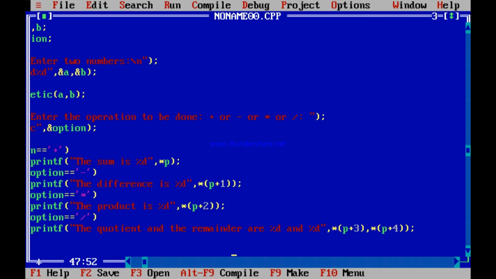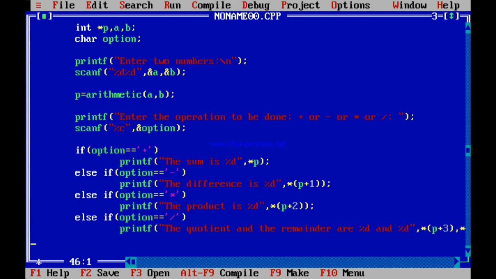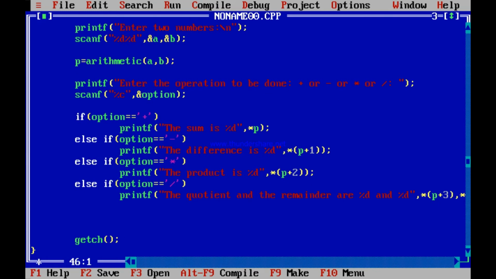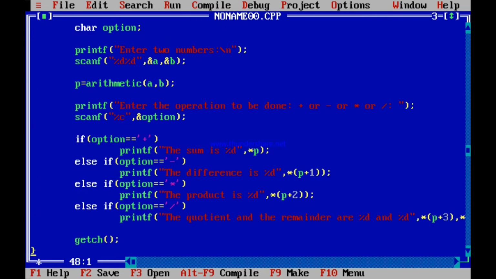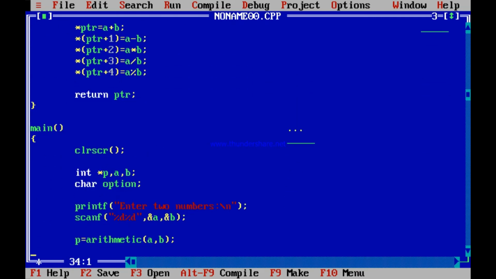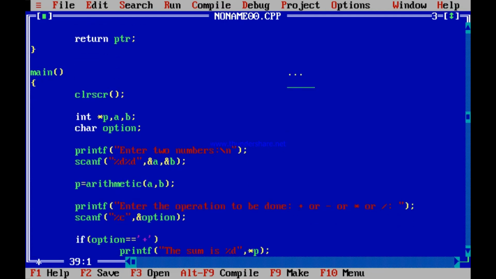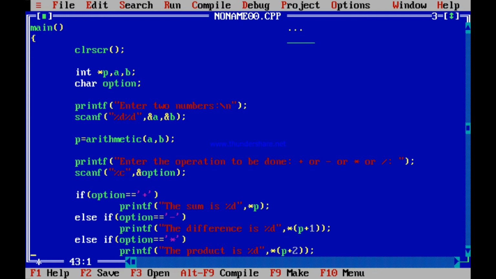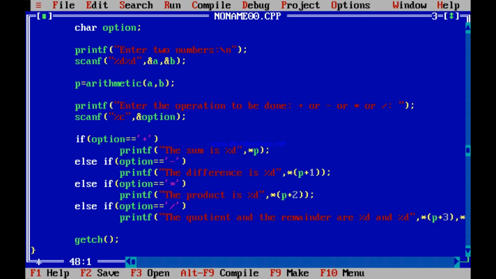I think you understand this. So what have you done? You have got everything ready with you in the variable called P. If the user wants, I do this. The existence of this arithmetic function, if you write once, you may think, what's the necessity of doing all this? Writing this was so easy, I could have just added, differed, subtracted, whatever. Yes, you could have done it for a small program, but think of bigger programs where you need to call the same function time and again. So that is why functions help you out.